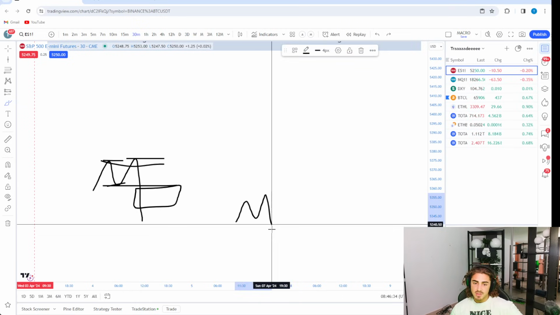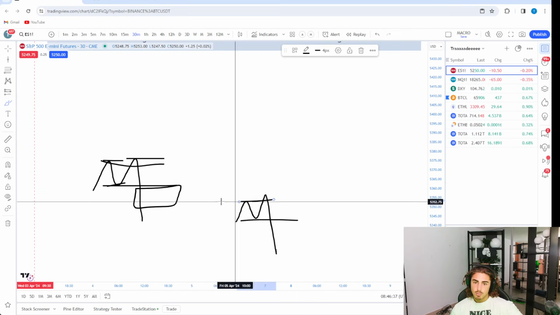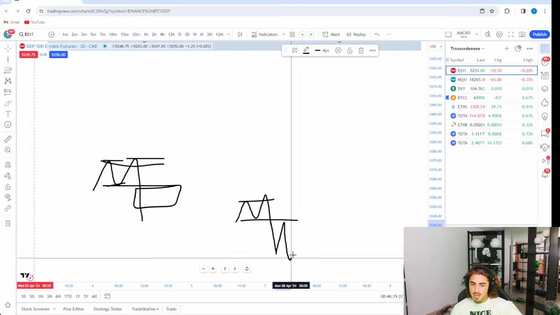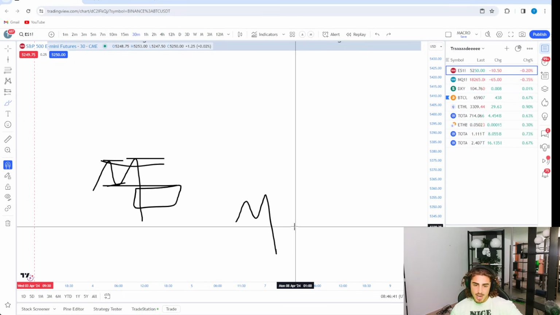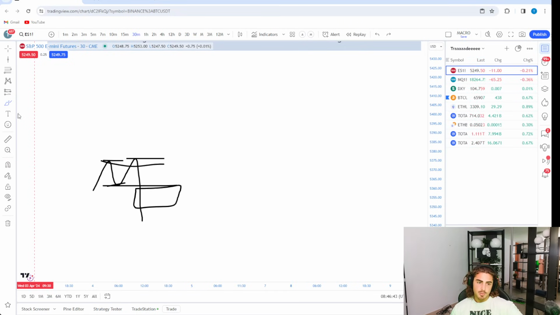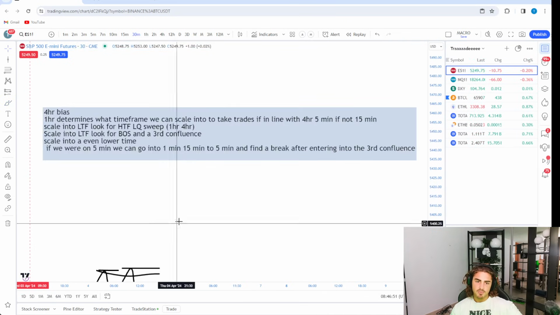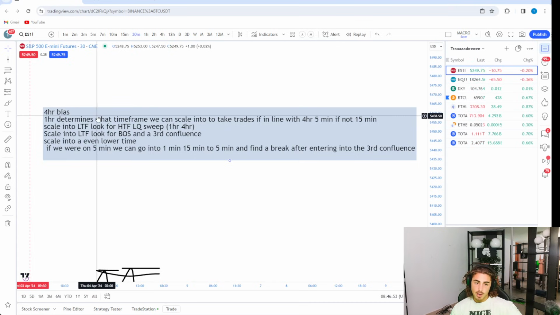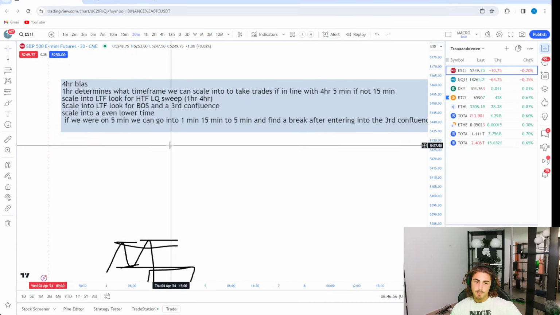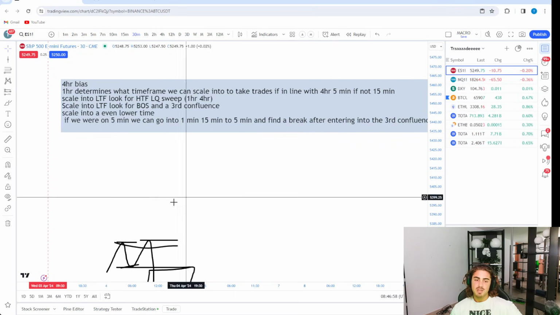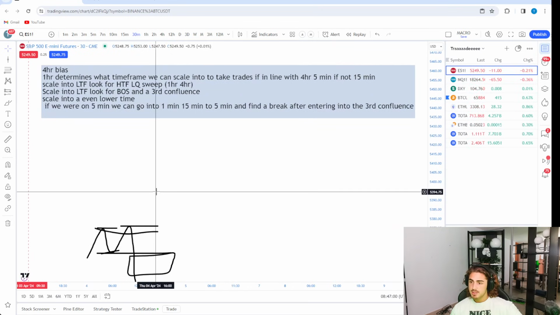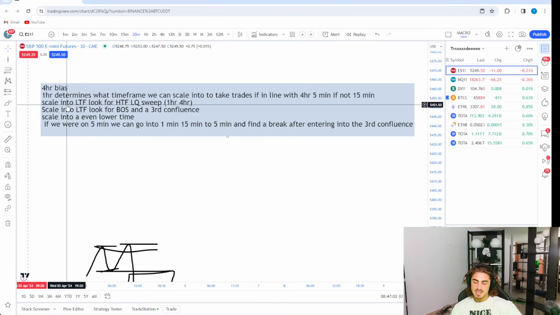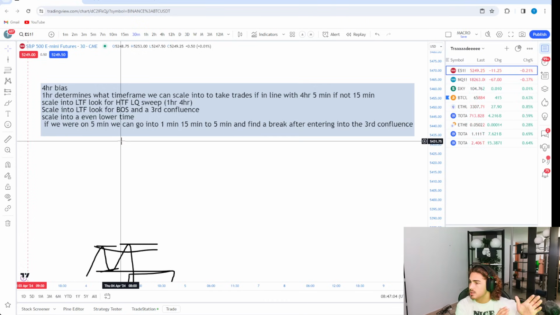What happens if this has already happened? Well, we can still trade the continuation of that hourly trend. And that's what we're going to talk about today. So, on top of that, if we see an hourly or a 4-hour liquidity sweep, we're still going to follow this. We look at the 4-hour bias and we look at the hourly bias. But if we already see a sweep has happened, and I mean like just recently,